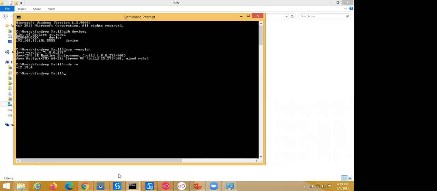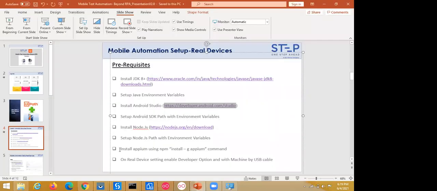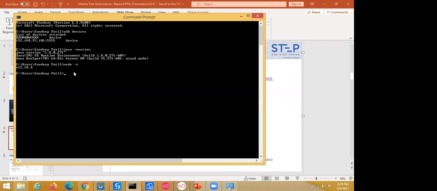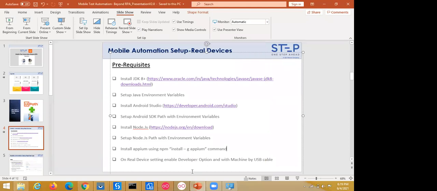So now after that we need to install npm, right? Using the node command, we need to enter this command on the command prompt: npm install -g npm, where -g means global.